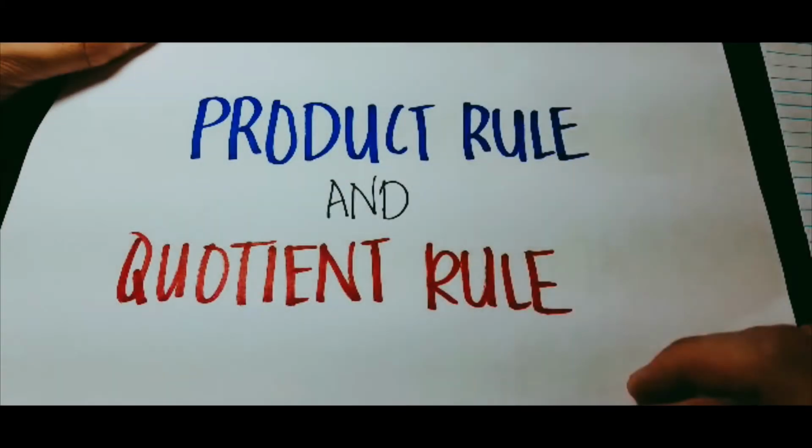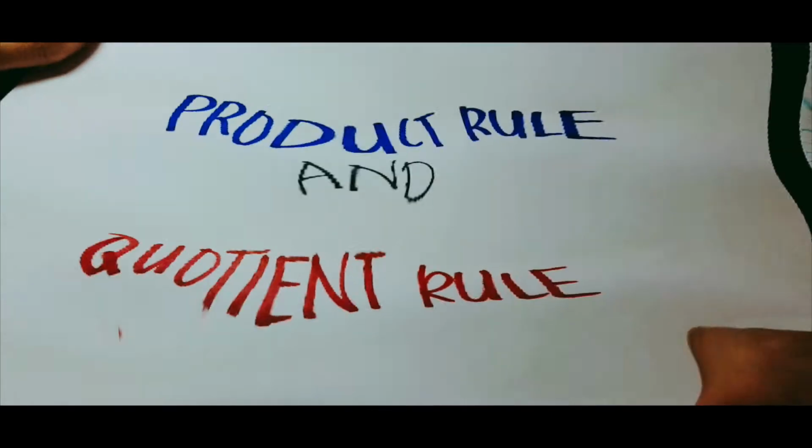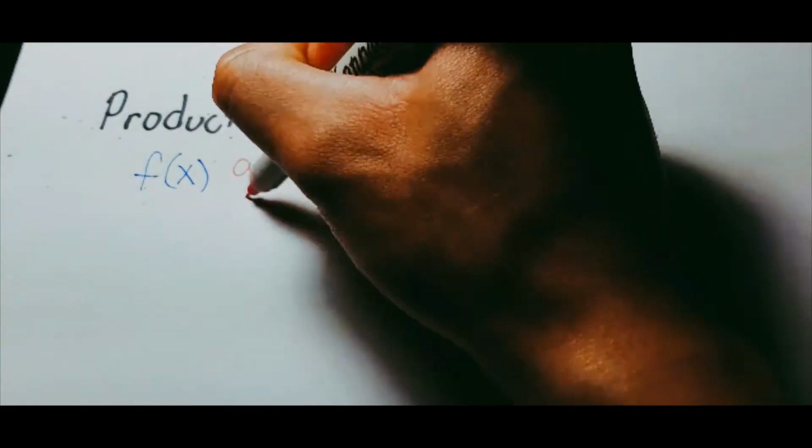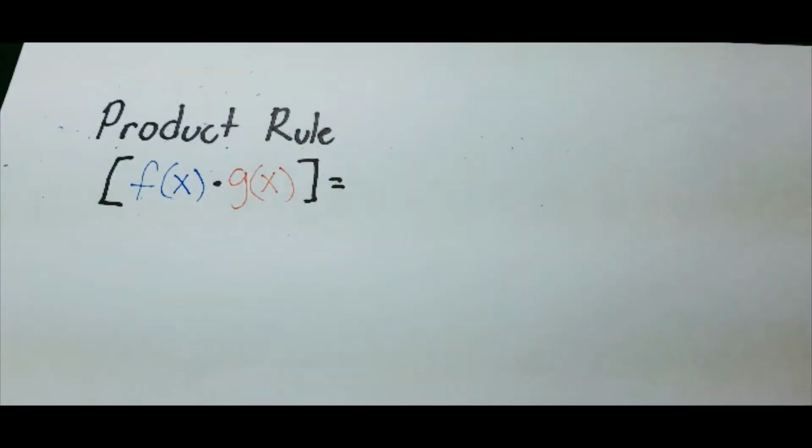So in this video, we'll talk about product rule and quotient rule. We'll see what each one looks like, and we'll do some simple problems. So product rule states that we can find the derivative of f of x times g of x by finding